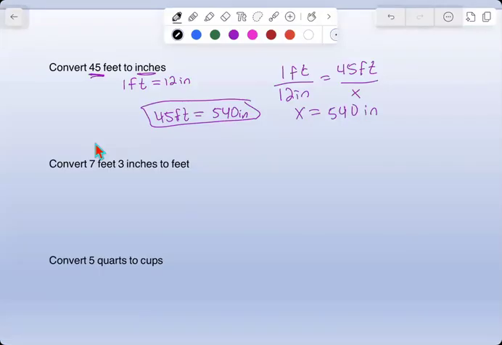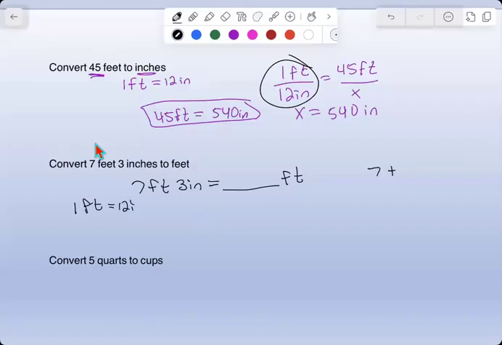Now, for the second one here, it says 7 feet 3 inches to only feet. So this one's a little unique because we've got already 7 feet, but then we have this 3 inches, and we only want the answer to say feet. So how do you do that? Well, it's really going to be seven that we already have. We have 7 feet plus some more, but what more? Well, that uses the same factor up here. We know that 1 foot